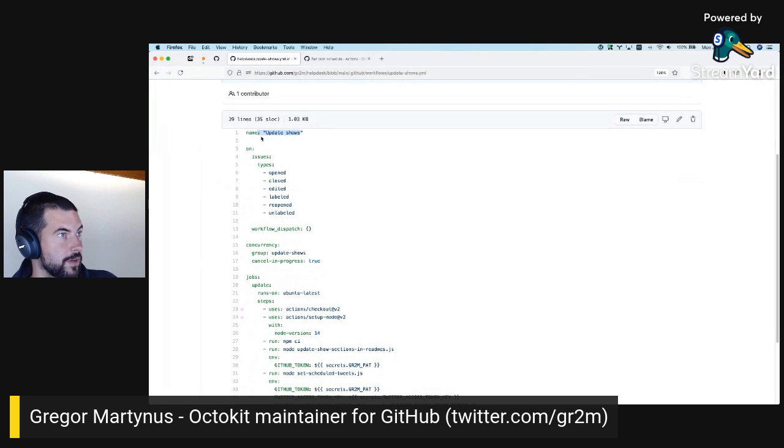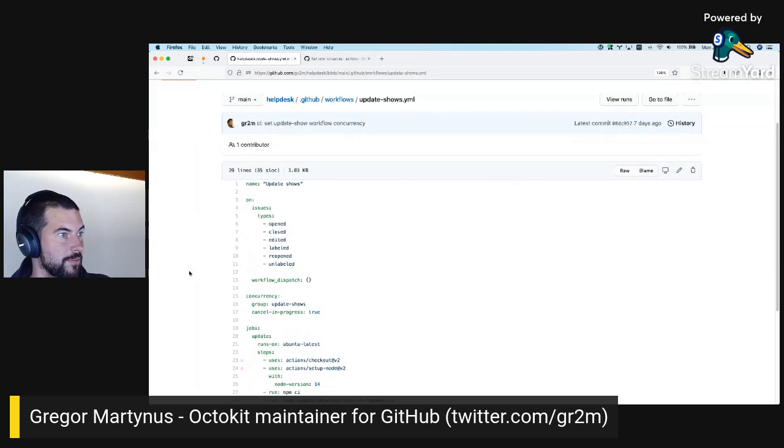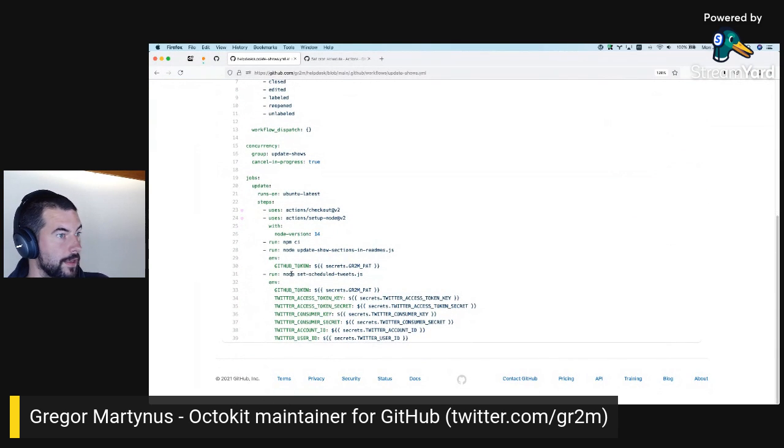So we'll probably just rename it, and instead of calling it update shows, I will just call it update, probably. And right now I update the shows, and here I set the scheduled tweets.